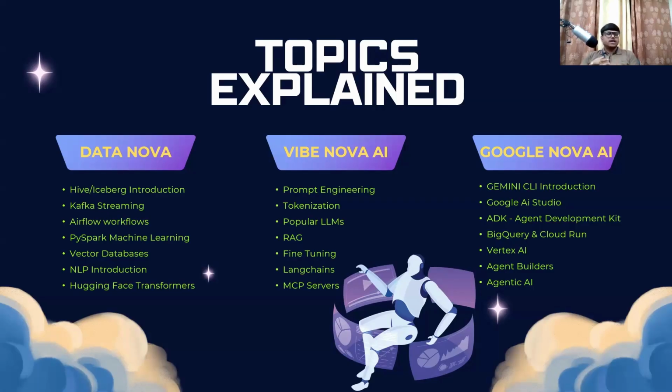Agent builders and agentic AI is going to be on top of your Vertex and ADK development. You will be going to develop everything that agent basis and to communicate between one and two. Example, Hive you will develop as a separate agent. Spark is going to be developed as a separate agent. You're just providing a command and it's going to create a table in Hive and it's going to be synced with your Spark. Both you can do with your agentic mode. So it's called agentic AI references. That's what we're going to discuss about.